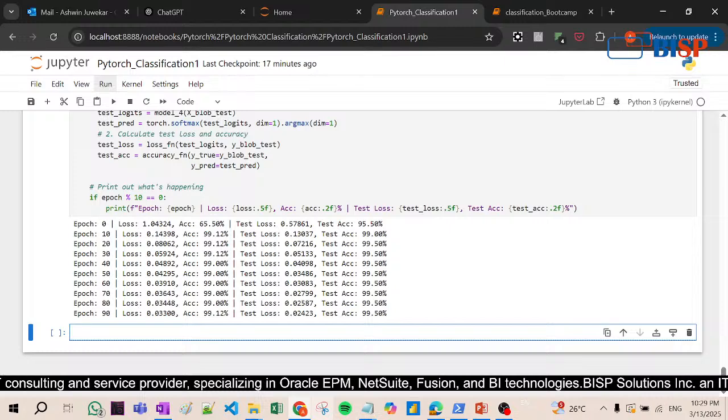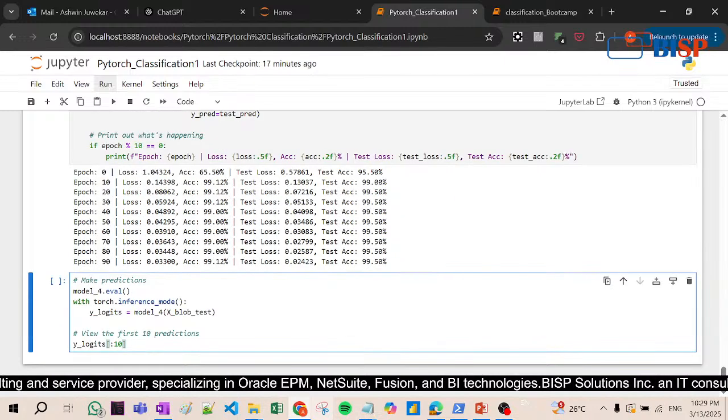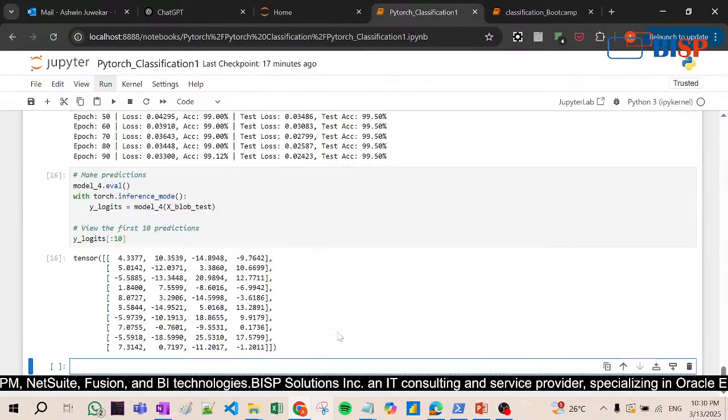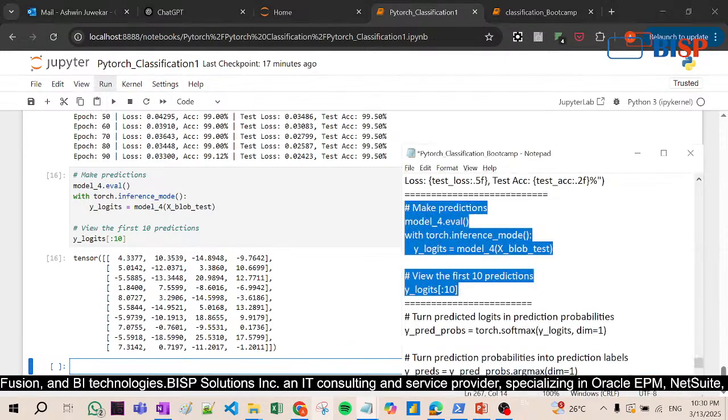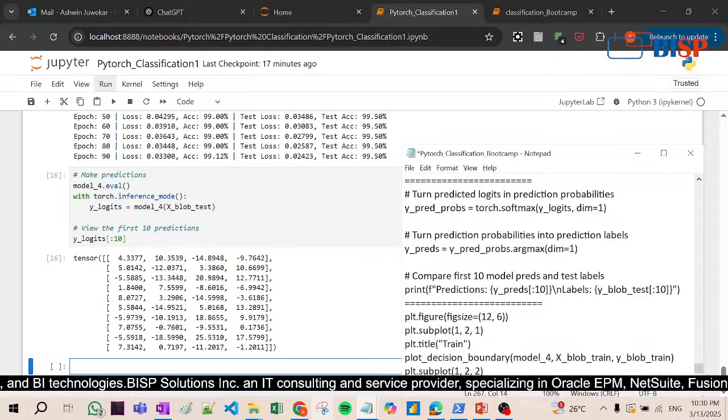Now see here, evaluation. So make predictions, that is okay, fine, but here we have done the evaluation also. Okay, so I am just hitting the enter button. Look at this, the data is converted into tensor, right? After this,